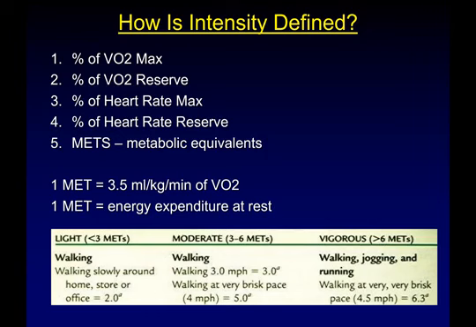What we know, especially with this idea of heart rate reserve, which we calculate using your resting heart rate and your max heart rate, is that we can use your heart rate to calculate some percentage of max that closely approximates your percentage of VO2 max. This is why we can look at what your heart rate is during exercise and tell you that you need to be at such and such heart rate for it to be a moderate intensity exercise bout. You need it to be at this for it to be a vigorous intensity bout.